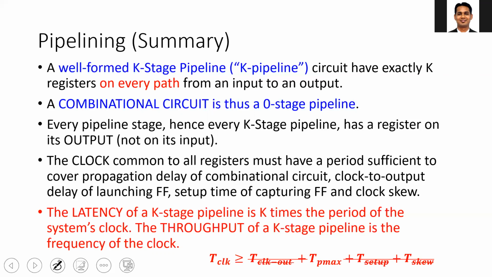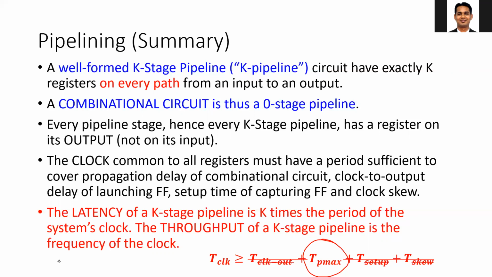And as we have seen here, in most of the theoretical calculation, we ignore the value of the clock-to-output, setup time, and hold time because they are negligible compared to the combinational circuit delay. And also from the designer's point of view, he can have control only over the combinational circuit delay and not on the rest of the parameters. So the rest of the parameters we assume as an uncertainty.